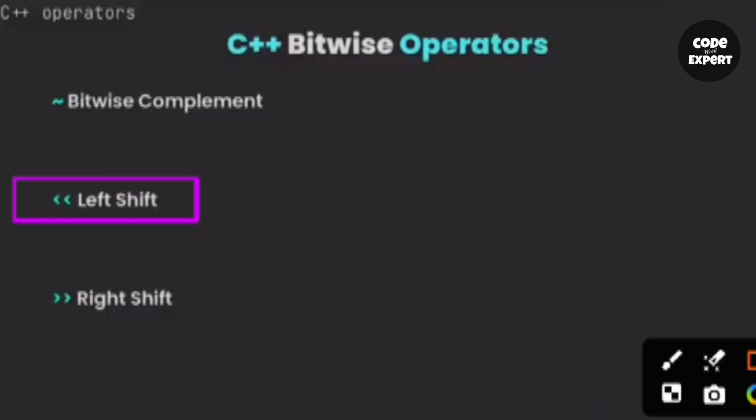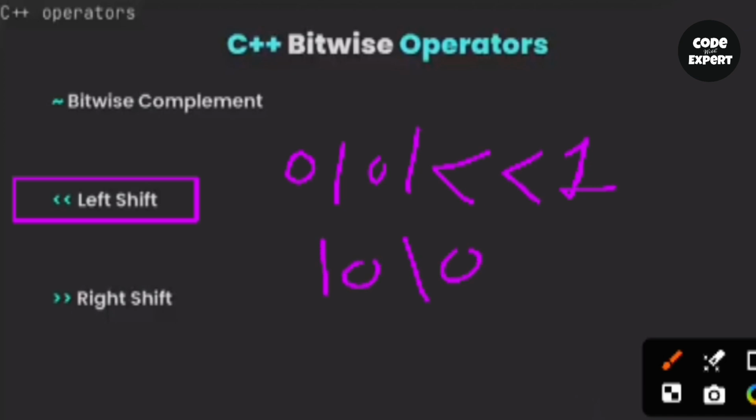operator, which is left shift. If I left shift any number by 1, so our number will become 0 1 0 1. This number will come here, this will come here, and this will come here, and this will go here. Okay,